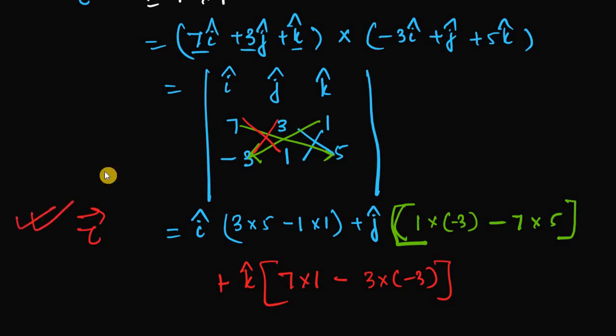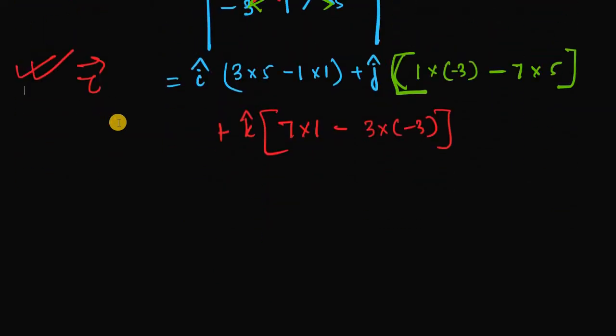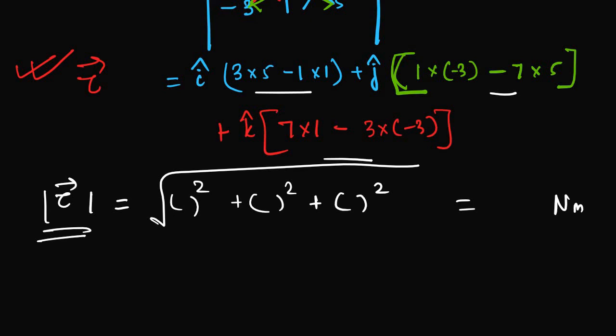Now you must know what is the resultant of it. If you know the vector form, then you can find the absolute value of it. To find the absolute value, you must take the modulus of it. So what will be the result in i, in j, in k? Just take the square of the values, add them up and take the square root of it. That will give you the amount in magnitude. Direction, of course, we know it is perpendicular to both F and R.